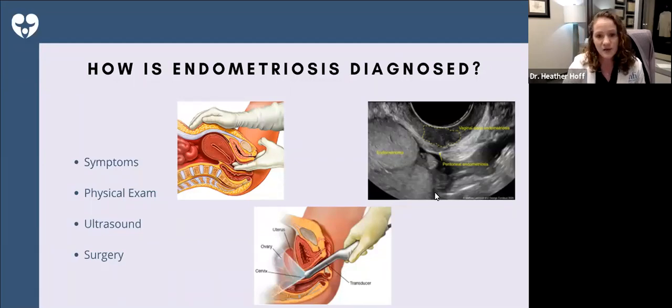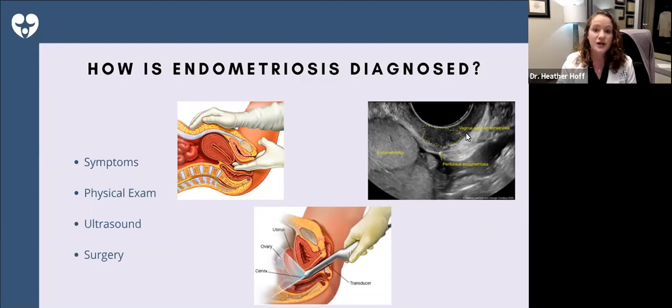This here is an example of a grossly abnormal ultrasound demonstrating severe endometriosis. So here you see this is a peritoneal endometriosis, meaning that it's an implant of endometrial tissue on the abdominal cavity. And then here is the endometrioma that we talked about. So this is in the ovary. This is what we call those chocolate cysts. Depending on the size, it can range in size from a pea to a grapefruit. Depending on the size, it may be something that we consider removing, and we'll talk about that as well. But this is the first way that we diagnose it.